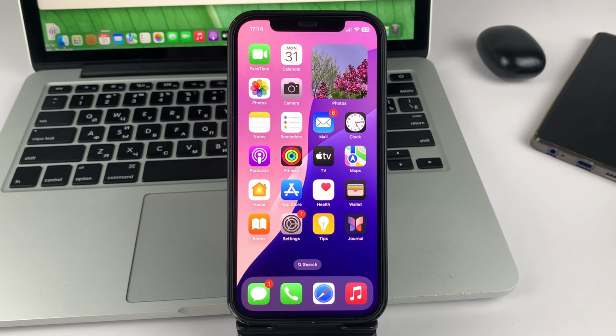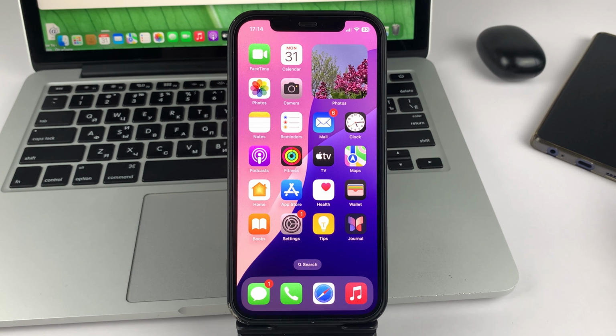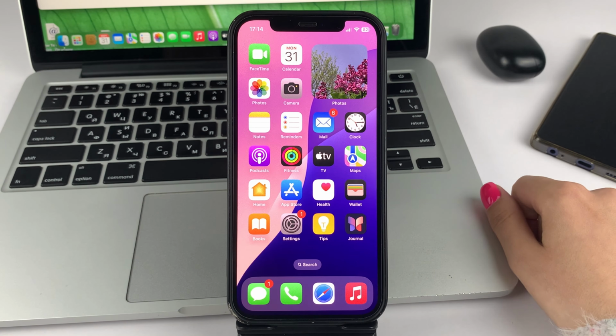And let's get down to our topic, friends. If you notice that you're having some problems connecting to some device, maybe your headphones, speaker, or something else via Bluetooth, let's get into what the problem might be and how to fix it. First of all, I recommend you to check if the problem is your iPhone or some other device you can't connect to.